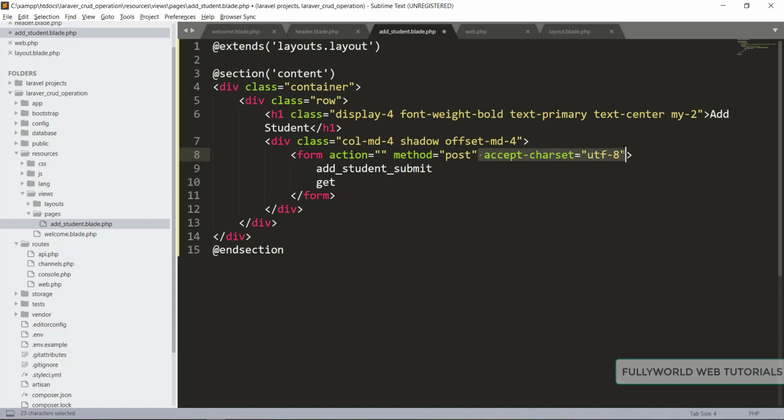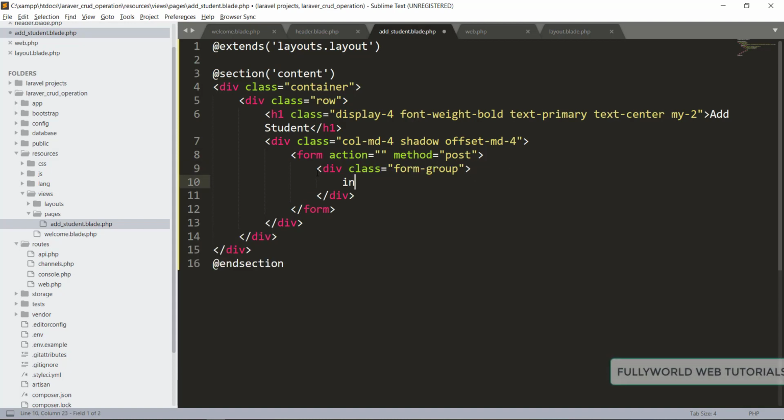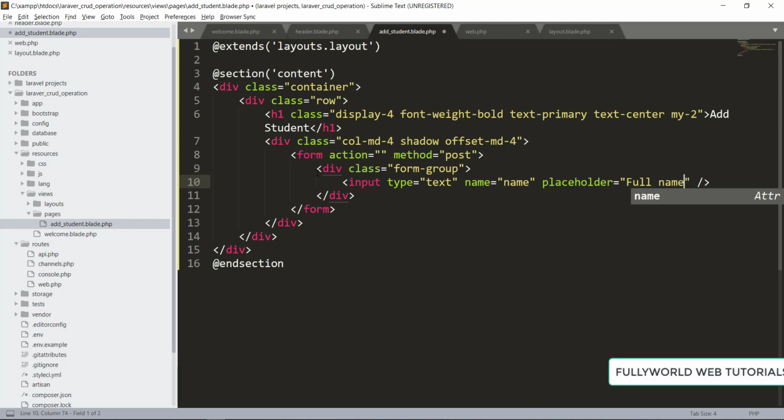Here we don't need anything, and here we need to create a form group. Here it is form group, and here we need input. So input type will be text, name will be name only, and here placeholder will be full name.